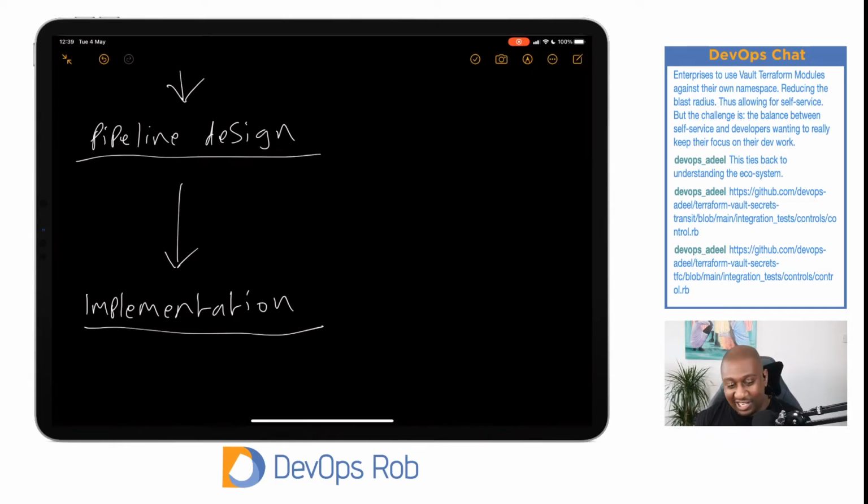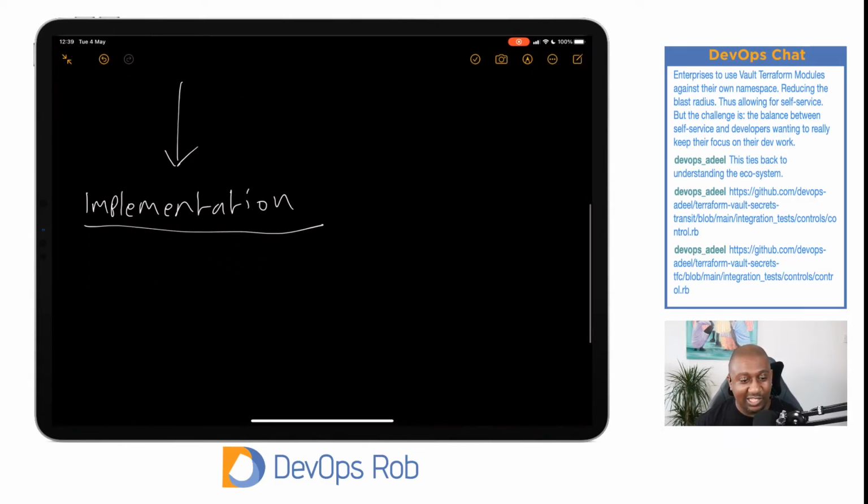Right. So you're at the implementation phase. What I mean by that is, I heavily advocate for the use of Terraform when it comes to configuring your Vault. So in general, what I'm talking about in this implementation phase is creating Terraform modules, right? Like I say, it's easier to modularize these things and template them so that anytime something is needed, you don't have to rewrite the code. You can just take this module and fill out a bunch of parameters, almost like filling out a form, and then it will go ahead and do that for you,